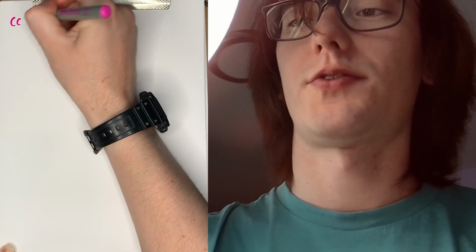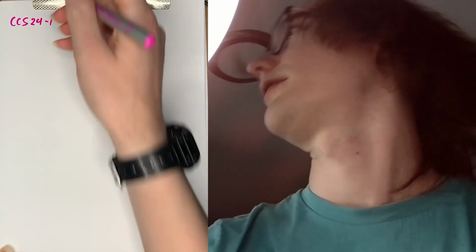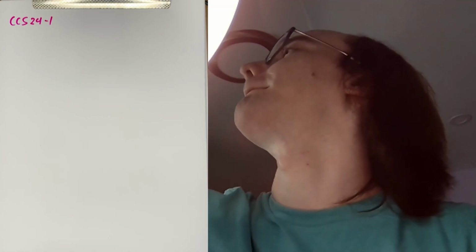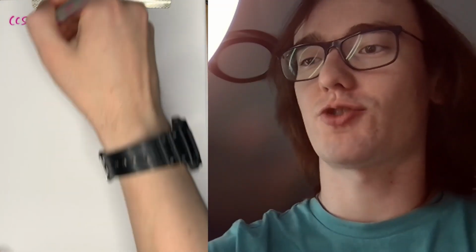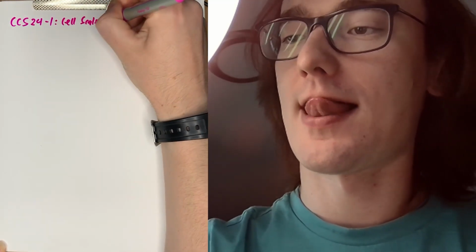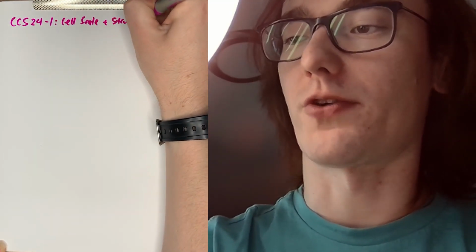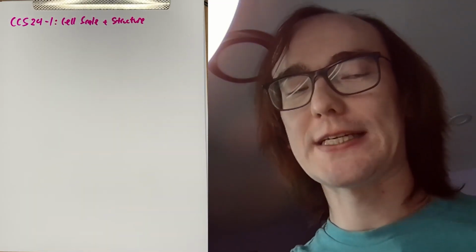So, today we're starting cell chemistry. It's exciting. I believe the course code is CCS24-1. What's the name of this note? Cell, scale, and structure. So, what we're doing today is we're starting to put together some of the stuff that